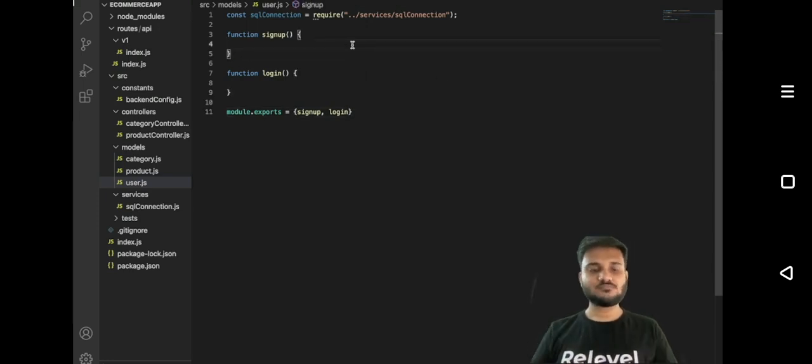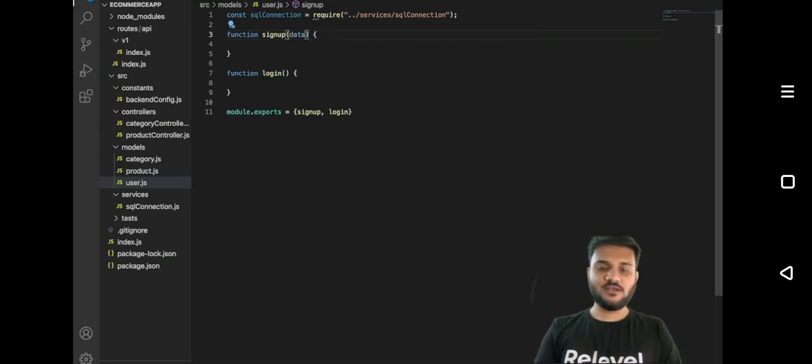Cool. So how can we implement a basic sign up? So when a user is going to register at your application, the user is going to send an email, a password, and a lot of things. So we'll say data callback, right? Because we are going to fetch some user data. User is going to give us some data that we are going to use here. Okay. So we'll say let